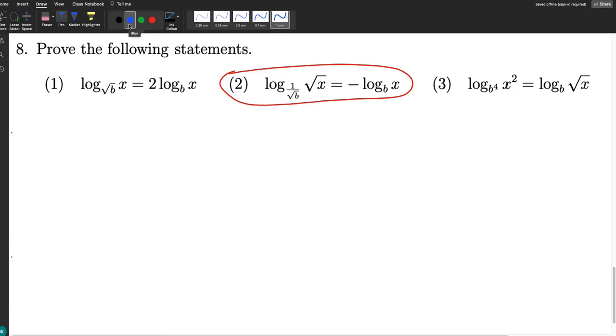We want to prove that log to the base 1 over root b of root x is equal to minus log to the base b of x. The thing that makes this quite difficult is that the bases are different. Okay, let's just take one side. So let's consider